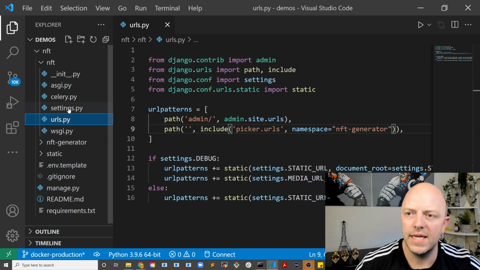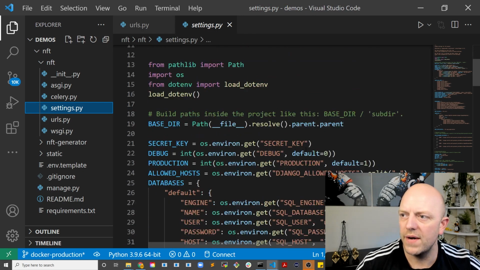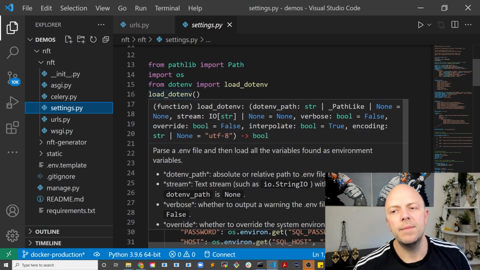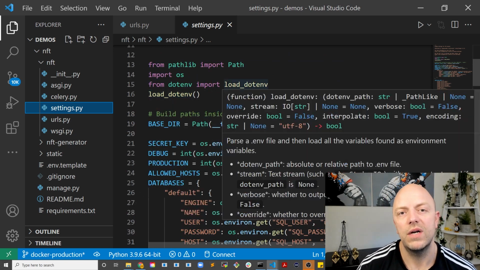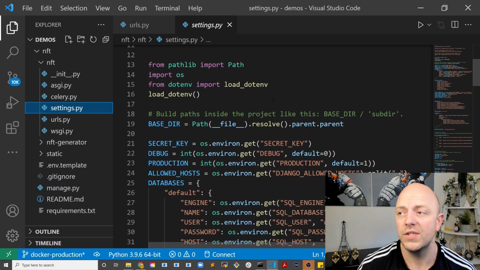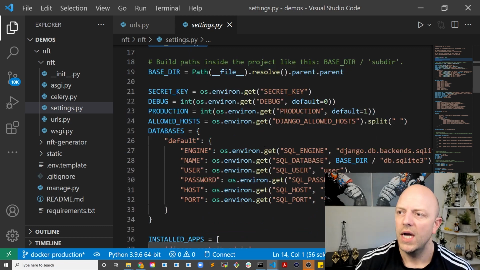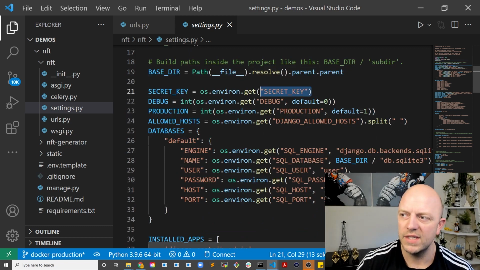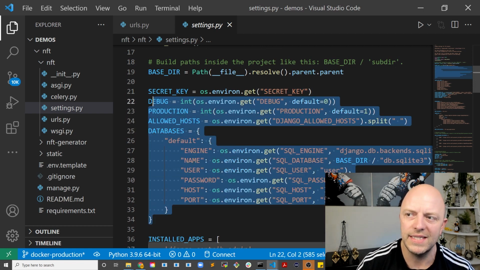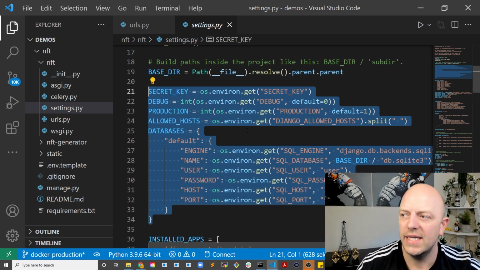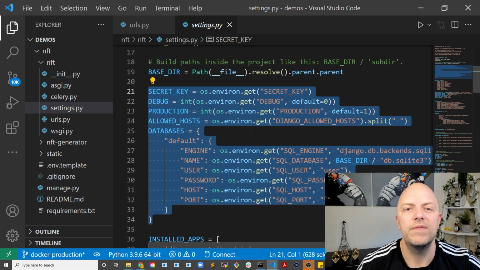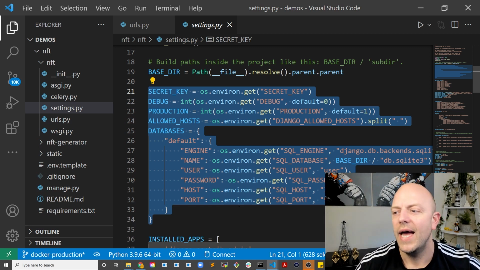So what have we got in settings? If we scroll down here, we're using a .env file to house our secret sensitive information. So we will be using python-dotenv, which is in the requirements. We'll be loading that up shortly. That's what this is. You wouldn't normally see this straight out of the box. Secret key, we'll be having the secret key in the .env file, so don't worry about all of this. All of these settings here essentially is just a way of loading up sensitive information from a .env file and